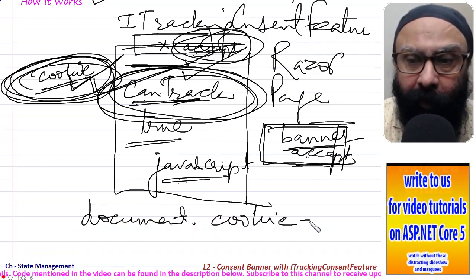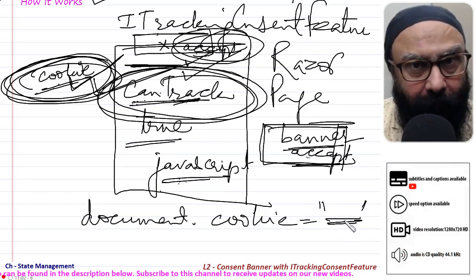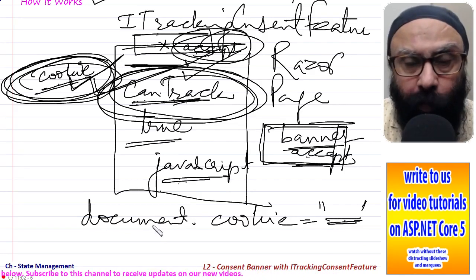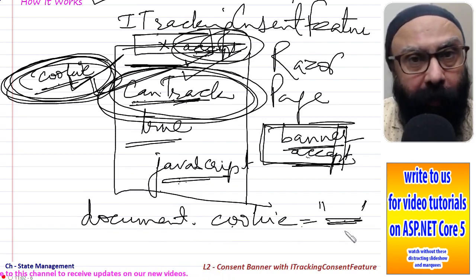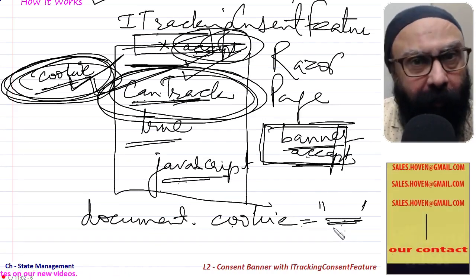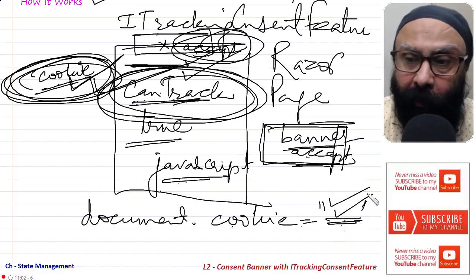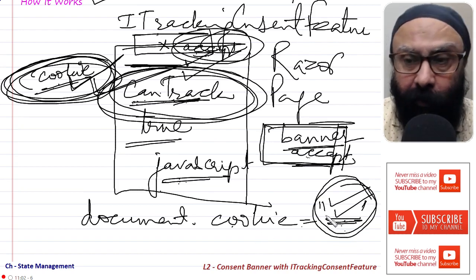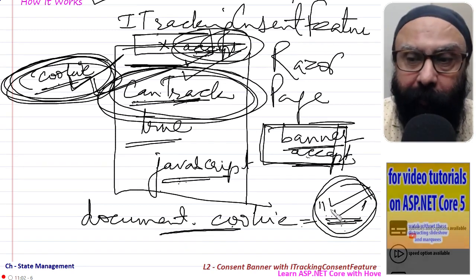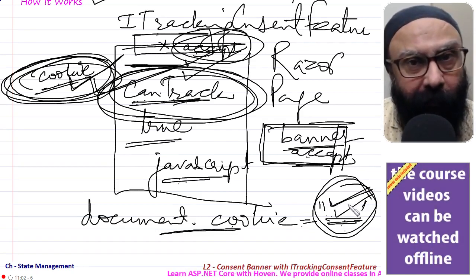The correct approach is document.cookie equals something. Here the full HTTP format of the cookie must be specified as per the HTTP protocol. So this means to create the cookie, you will use document.cookie equals some string. This string is the correct cookie string in the HTTP format. So this is what you will need. Now from where do you get this string? So if you are with me, then JavaScript will be used to create a cookie on the basis of this string, which should be in the HTTP format.